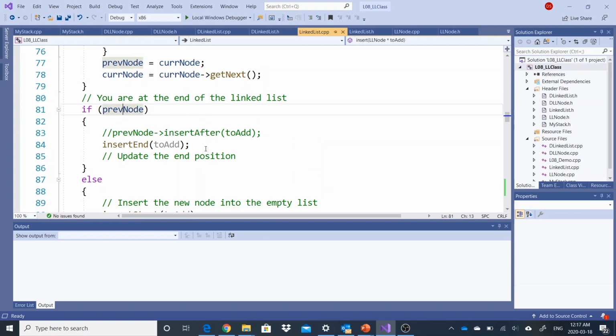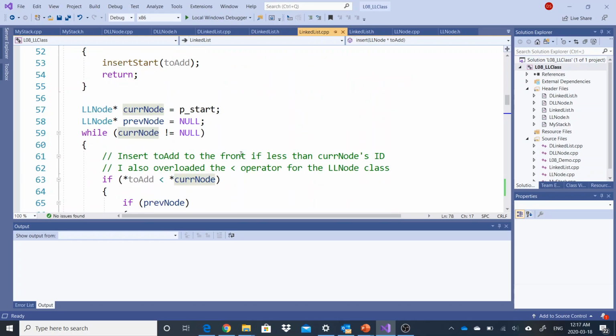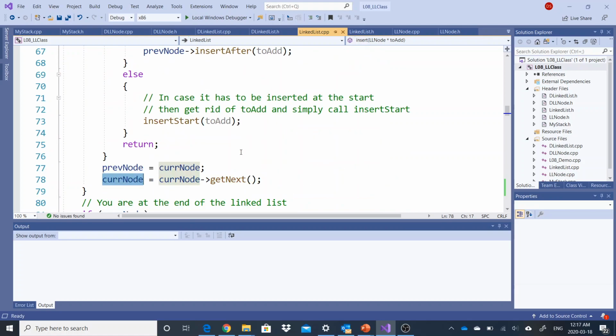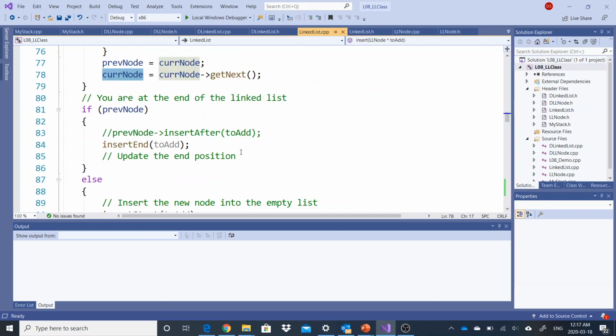Otherwise, what I'm going to do is the previous node is equal to null. Let me see here. Oh no, I could have a single element in my linked list. So the previous node is equal to null. The current node has a single element. It's not equal to null. Actually, it's still going to do one step, and so previous node is still going to be not null no matter what. Okay. Anyways, if I get to the very end, I'm just going to call the insert end function,